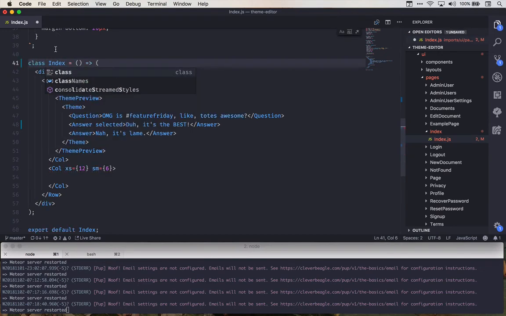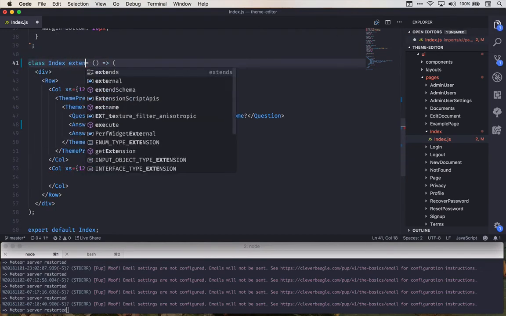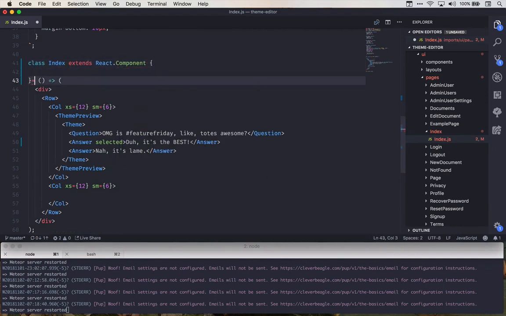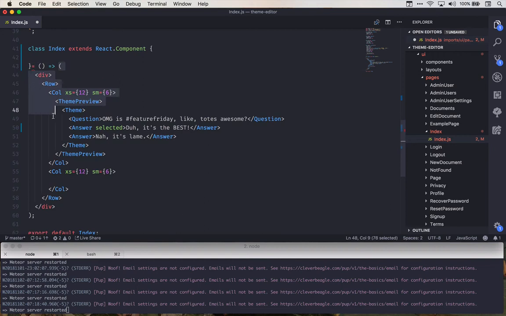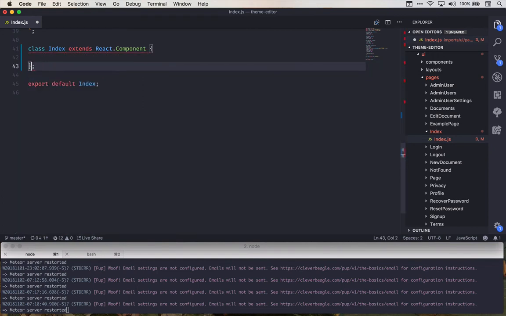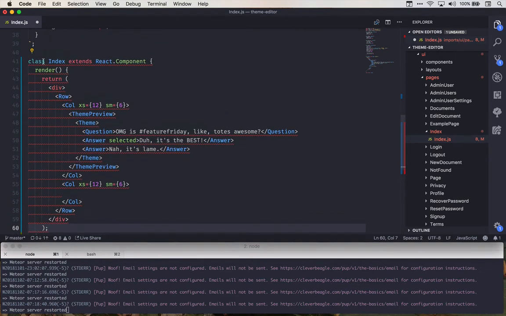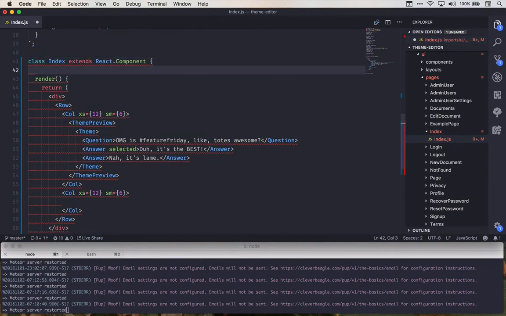So we're going to say class index extends React.Component, I'm going to pop some curly braces on there, and we're going to take this block of code, delete all that jazz, and from our class we're going to say return, or excuse me, we're going to do render, and then we're going to return from that. There we go. So now we've got a class-based component,